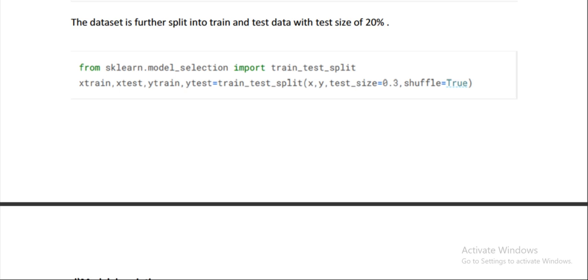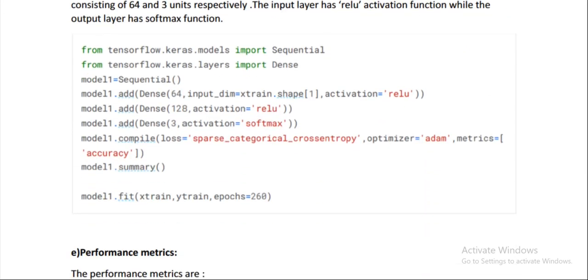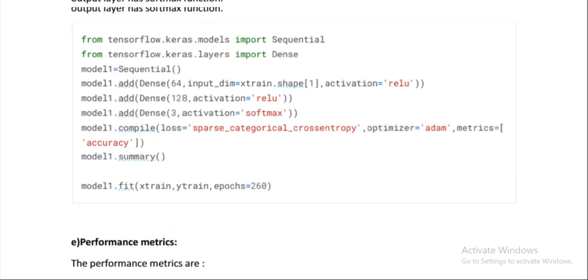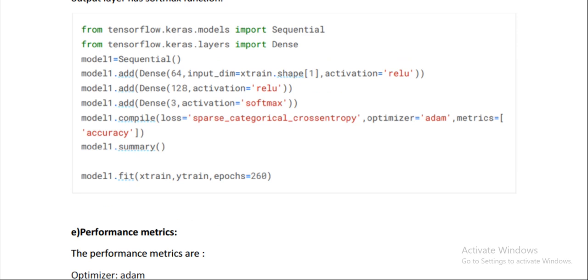Then what you're going to do is split your images into training data and testing data, and then you would be creating your fully connected multi-layer perceptron. So here you could see that I am giving my input dimension, which should be equivalent to the train shape. I am passing an image, so that image has to be first converted into a vector, and then it will be given. So the input dimension would be the shape of the training data that I have given,